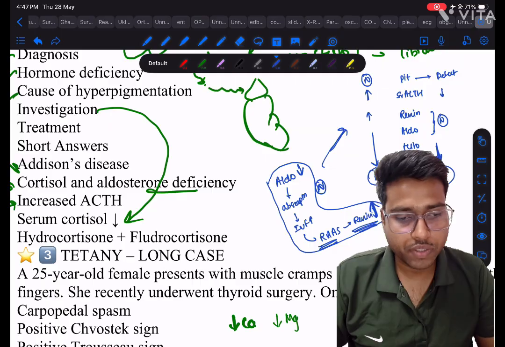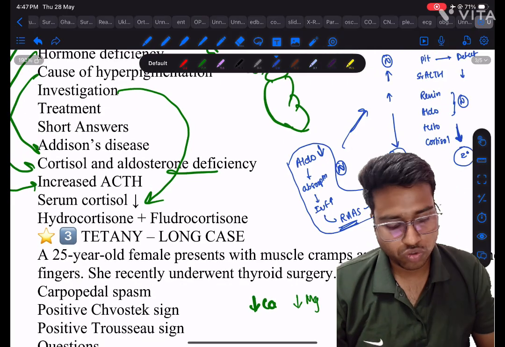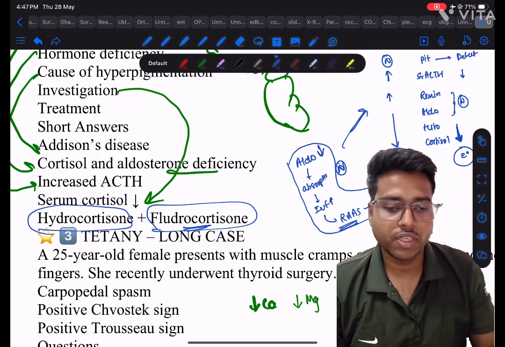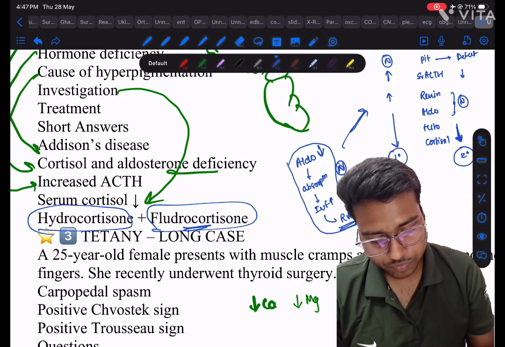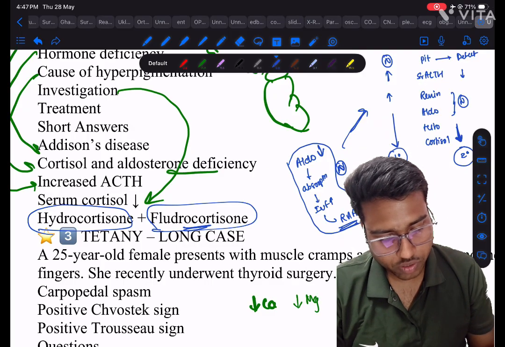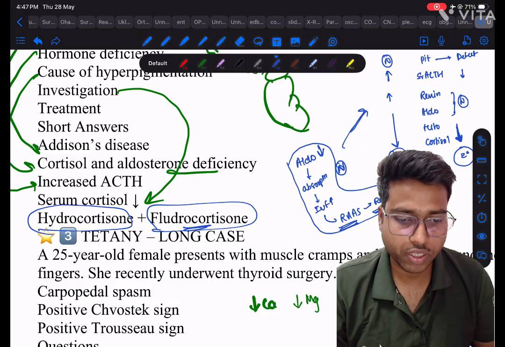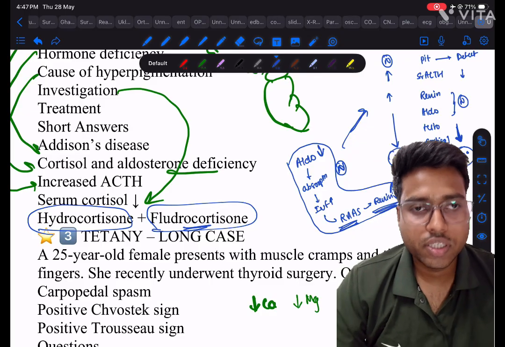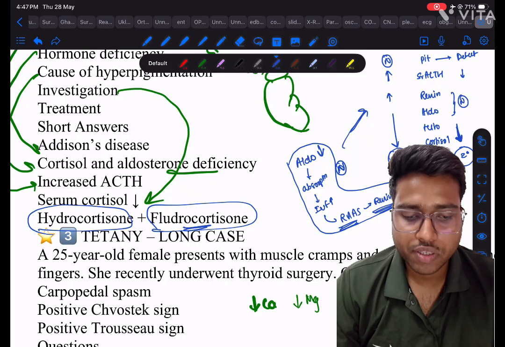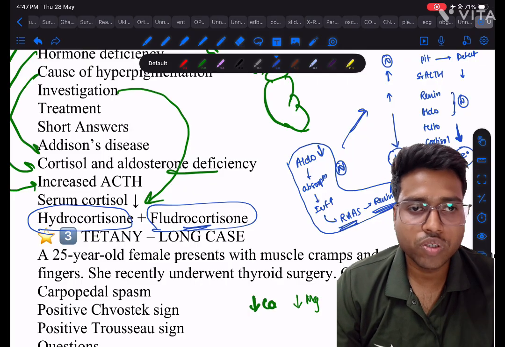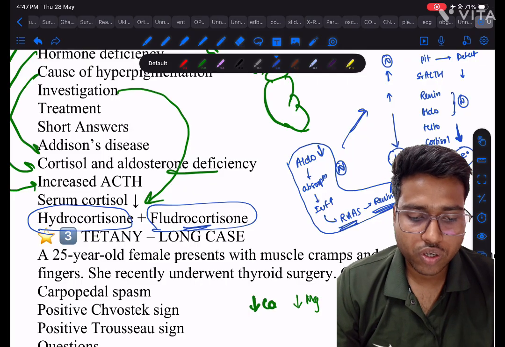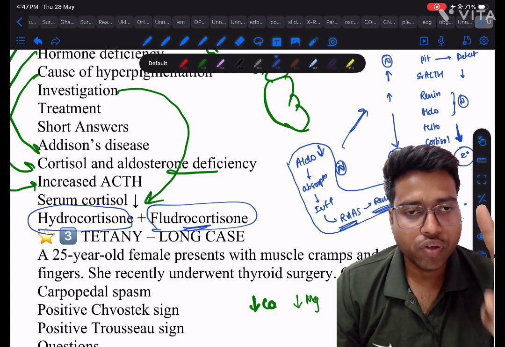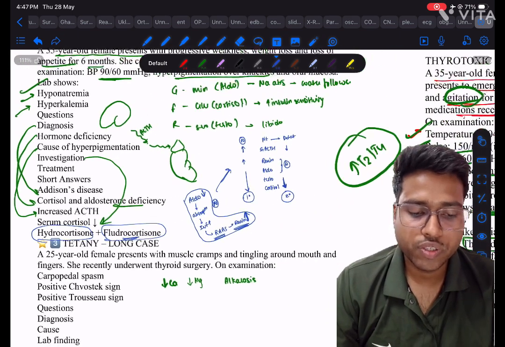So what will be the treatment here? For treatment we should give glucocorticoids. ग्लूकोकॉर्टिकॉइड्स लो है तो हम हाइड्रोकॉर्टिसोन देंगे. मिनरलोकॉर्टिकॉइड्स लो है, इसलिए हम लोग फ्लूड्रोकॉर्टिसोन देंगे. But first we should treat the patient with general management. We should resuscitate the patient. We should give IV glucose fluids. Okay, and long-term treatment will be glucocorticoids or hydrocortisone and mineralocorticoids, and you give steroids also.